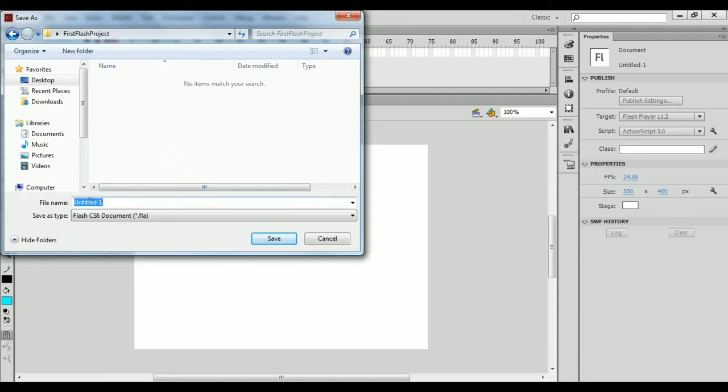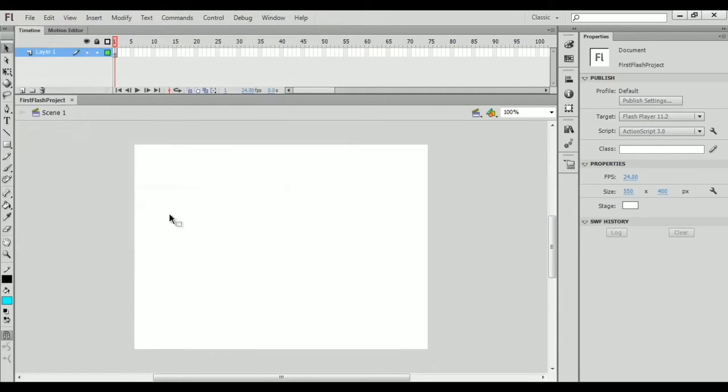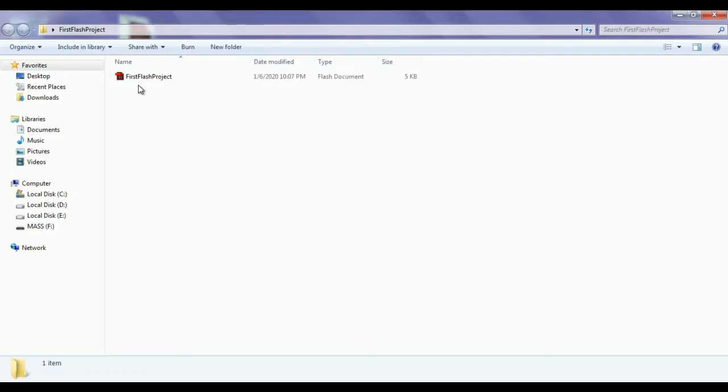Here we are going to give the Flash document name. I say here Ctrl V to paste. You can see that I have pasted First Flash Project here. The Flash document is going to have the .fla extension. FLA stands for Flash document, guys, or you can say Flash application document. And then I click on the save button. Once I click on the save button, you can see that the document name is changed here to First Flash Project. The First Flash Project Flash document is created.